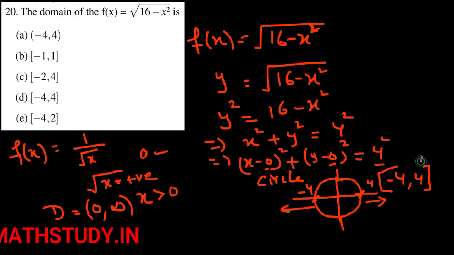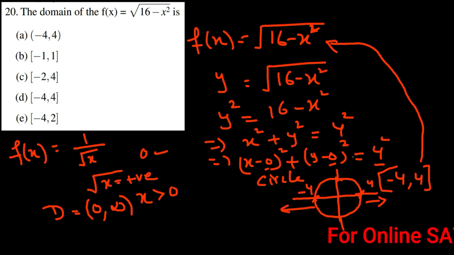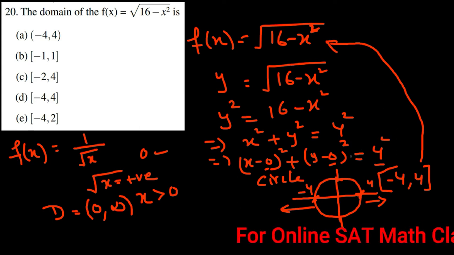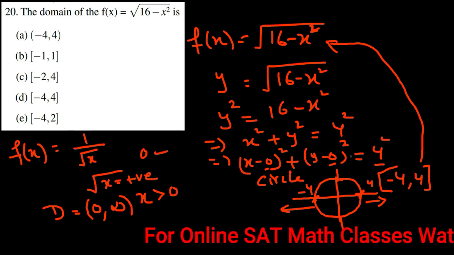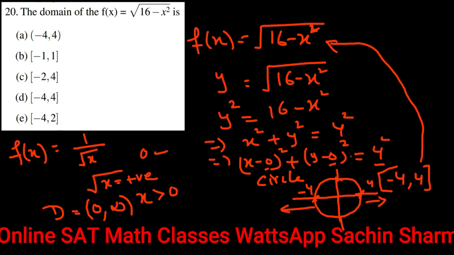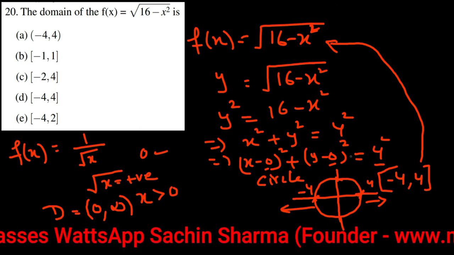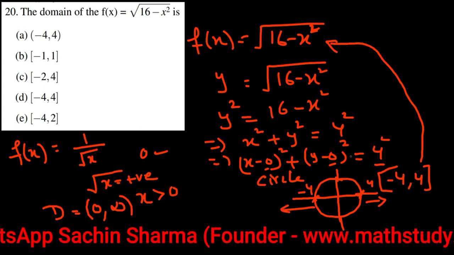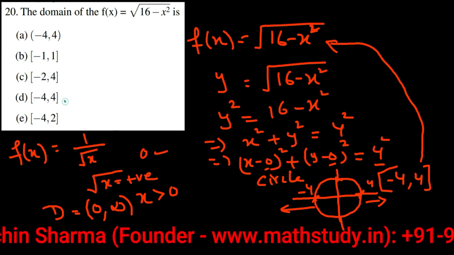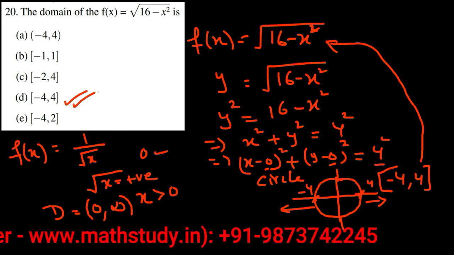Domain of this question. Similarly, we have already discussed this in the previous concept as well. Now I think you have understood this concept diagrammatically as well, right? In this diagram, the value of x can't be extended after minus 4 and plus 4. So I hope you have understood this concept. So here our answer is minus 4 comma 4, which is option number D here, right students? So I think your concept is clear now.